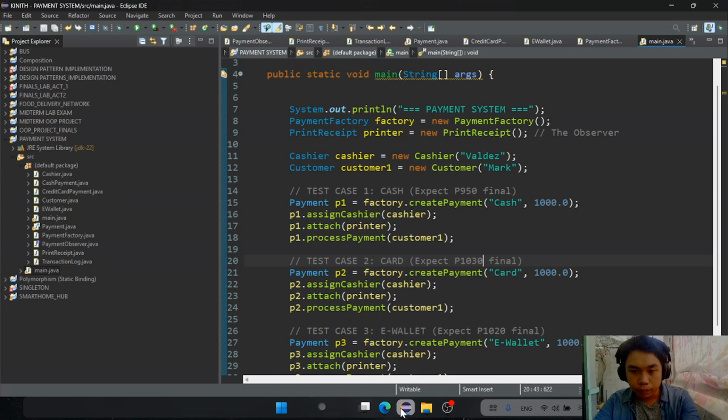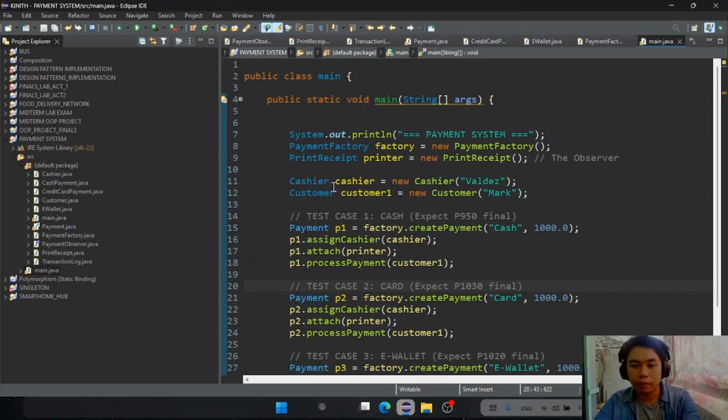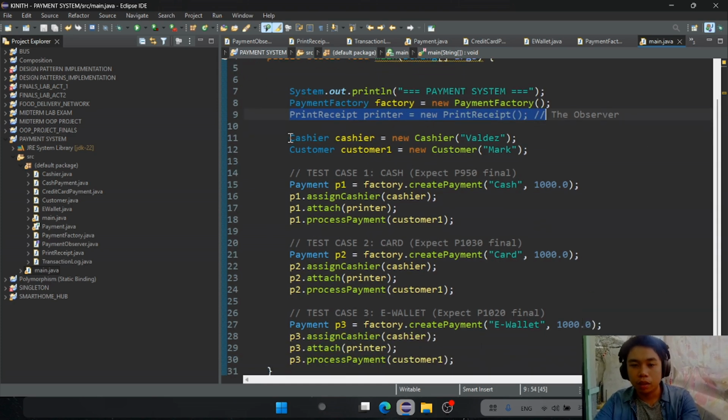So to start, this is our main class. We'll create a payment factory here to initiate the payment, and a print receipt to print the receipt later. Then we create a cashier named Valdez, then a customer named Mark.